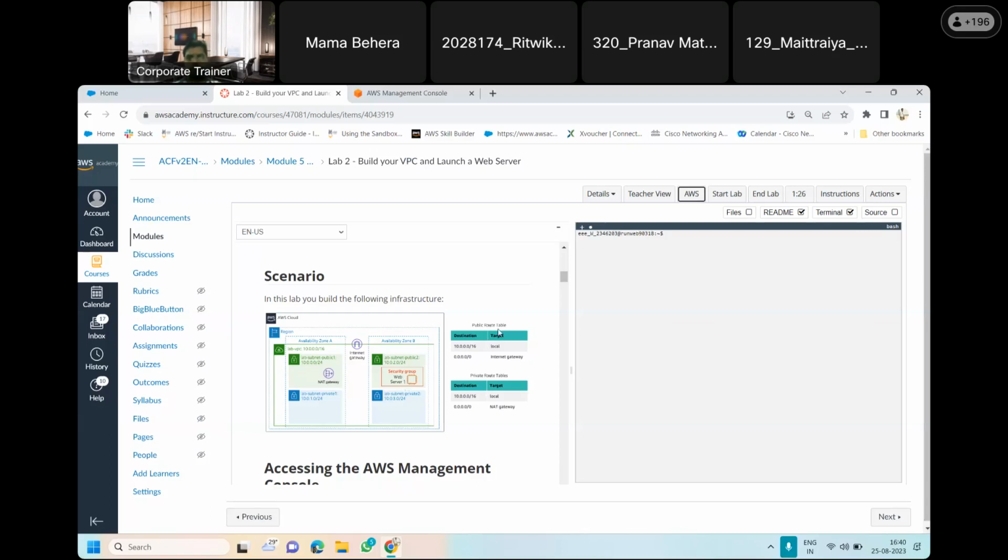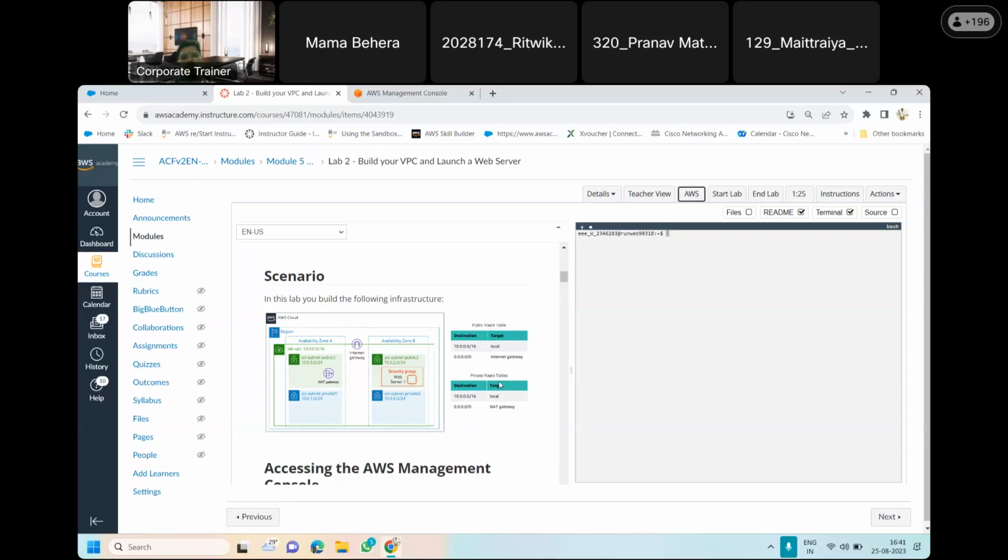There is a public route table. A routing table is basically a collection of source and destination IPs. So in this case, in the public route table, you will have a destination and a target. The destination IP given is 10.0.0.0/16, and the target is local. Then the destination IP for the internet gateway is